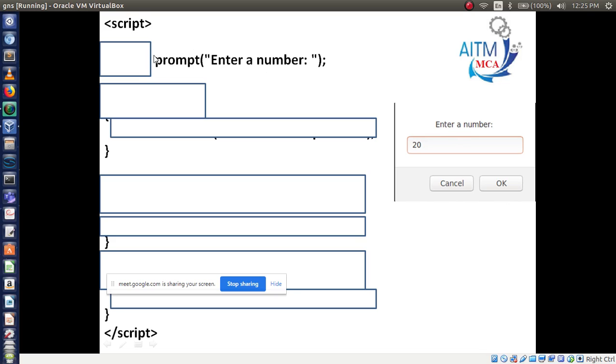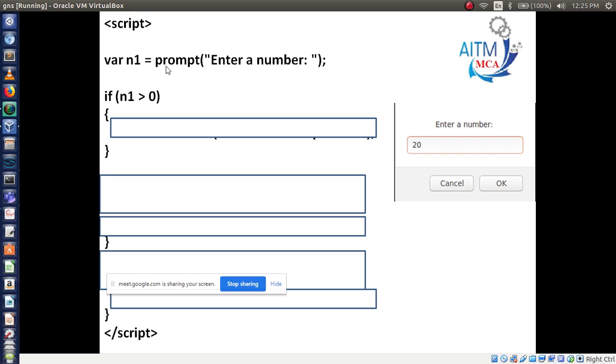Now it has to be stored in one variable, so var n1, I am using variable n1. Now the next task is to identify whether this number is positive, negative, or equal to 0. So these three conditions I have to use. First I will use one condition like this: if n1 greater than 0.